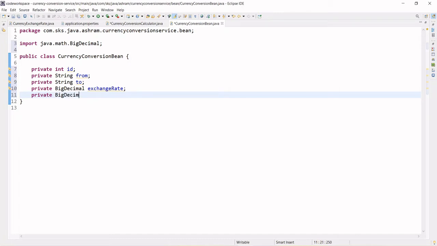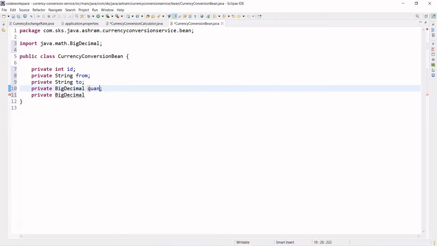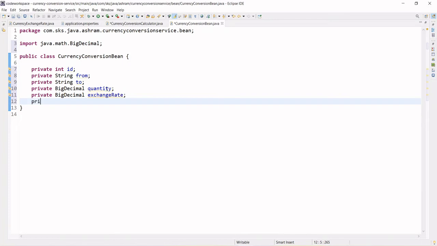And private BigDecimal, sorry, instead of exchange rate we will have the quantity, right? Here we will be storing the quantity. And thereafter we can have exchange rate also. Let's take exchange rate here. And private BigDecimal, and we can have total calc amount, right?